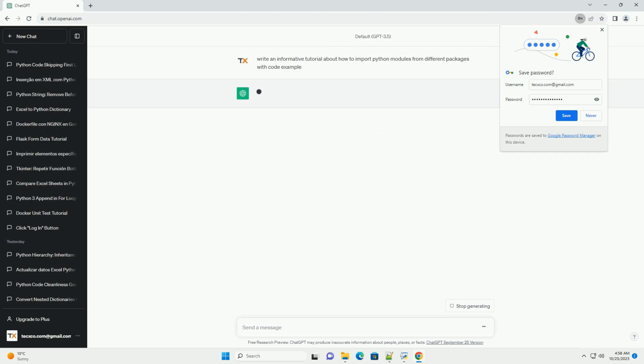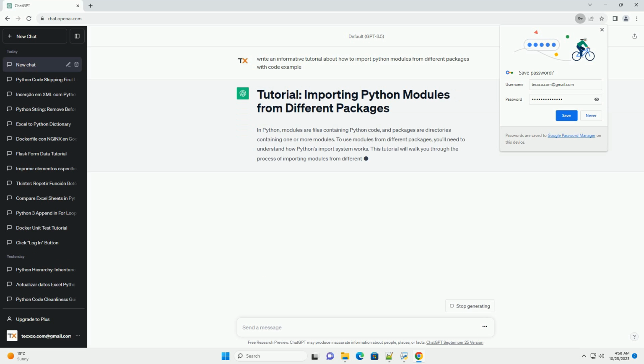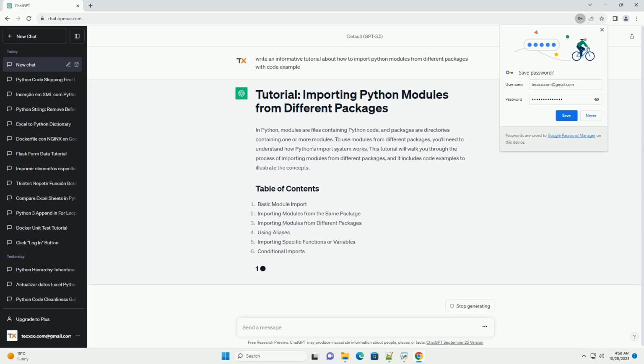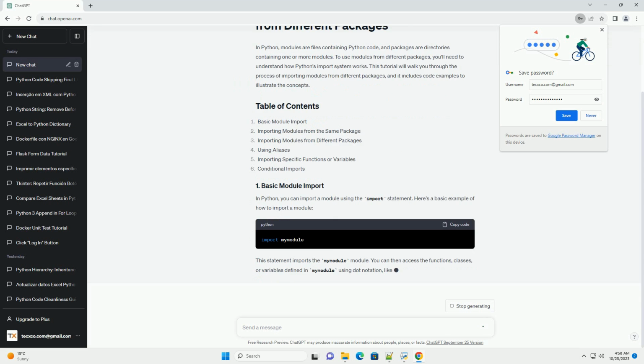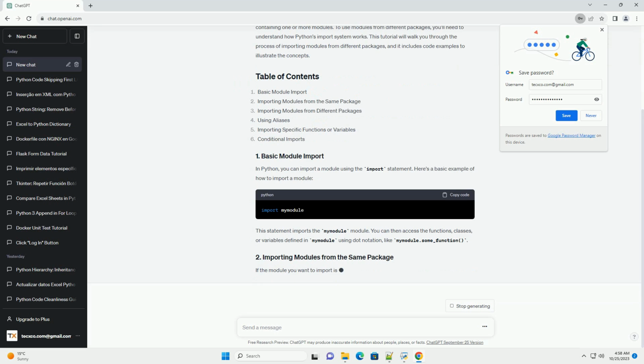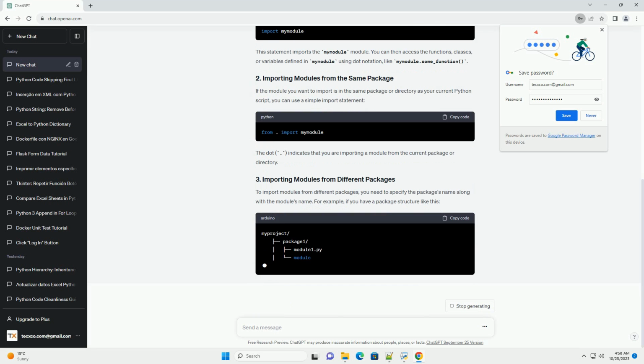In Python, modules are files containing Python code, and packages are directories containing one or more modules. To use modules from different packages, you'll need to understand how Python's import system works. This tutorial will walk you through the process of importing modules from different packages, and it includes code examples to